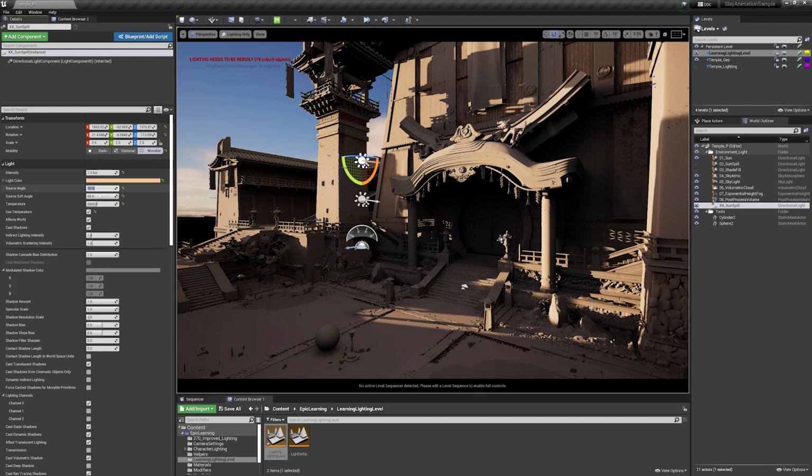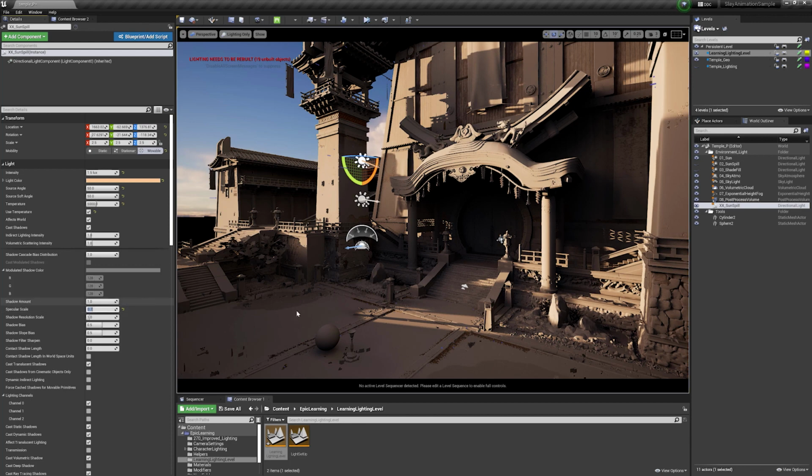All right, so now that we've got our nice soft shadows in there, we can play around with rotating this around a little and filling in some of those areas. Now, the idea isn't to overpower the shadows. The shadows are really important and we don't want to lose those edges, but getting that extra bit of spillover makes that light feel more powerful. So with our color adjusted, our intensity adjusted, and our source and soft angle adjusted, I'm also going to drop the specular scale down to 0.7.